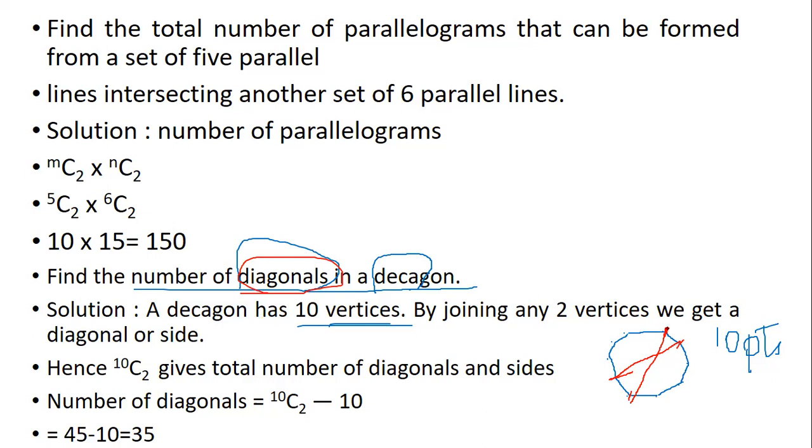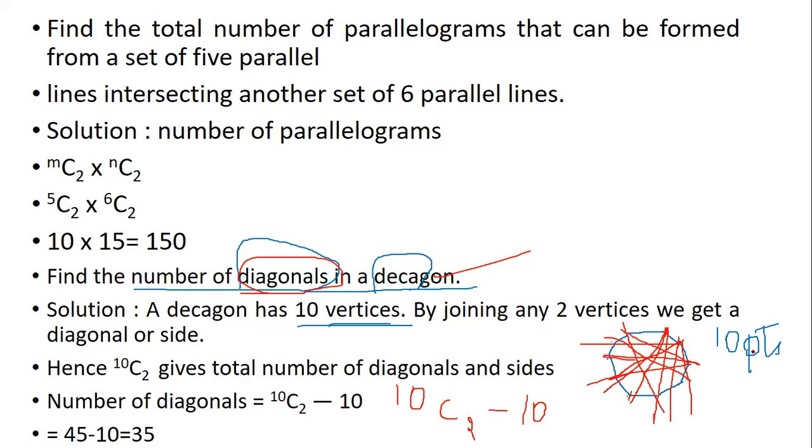Now, I told you in the opposite direction, you will have to see the points and then try and join those points. Like this, how many points can I join so that I get opposite lines? That I have to understand. So how many sides do we have? We have 10 sides in a decagon. Out of 10 points, I will be taking 2 points at a time to form a diagonal. So that will be 10C2 and then minus 10.